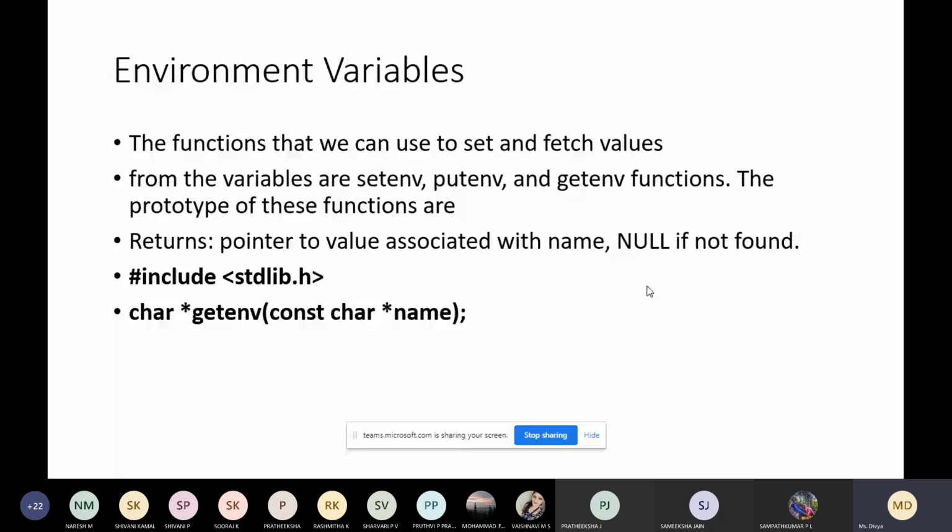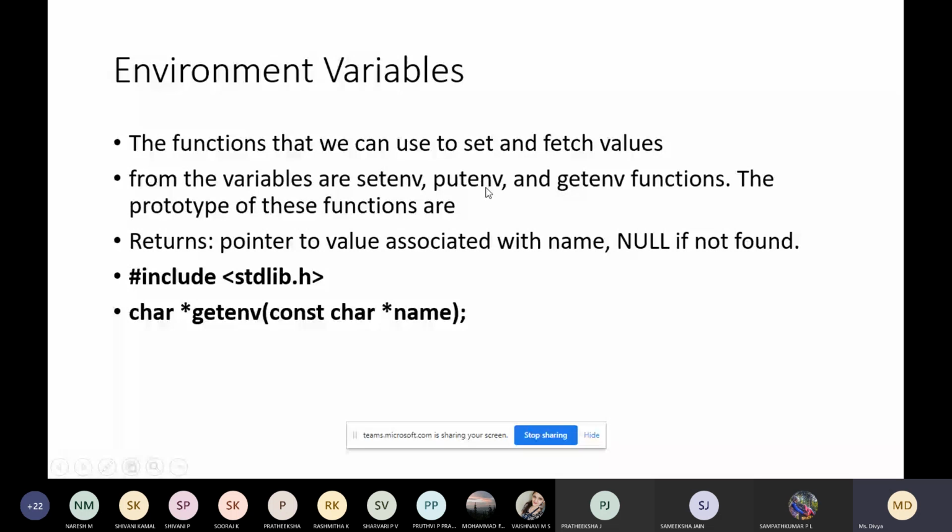So in C, we define functions that can be used to set or fetch environmental variables. So we can get the list of environmental variables we have, and we can also set new environmental variables. We have these related functions: setenv, putenv, getenv.